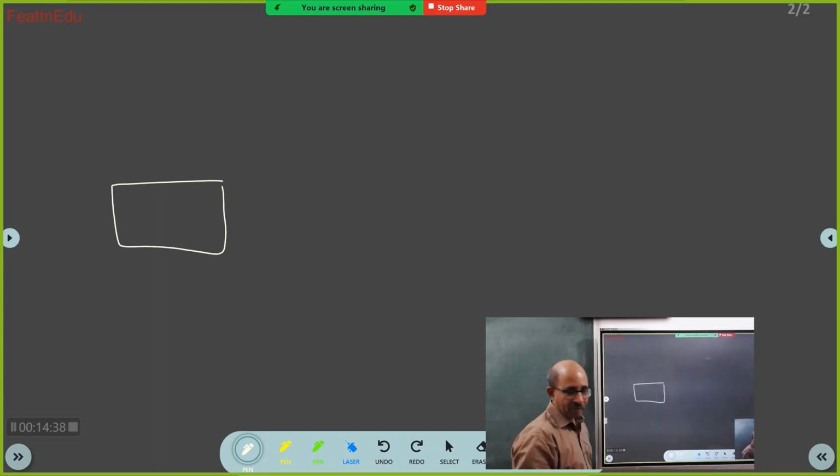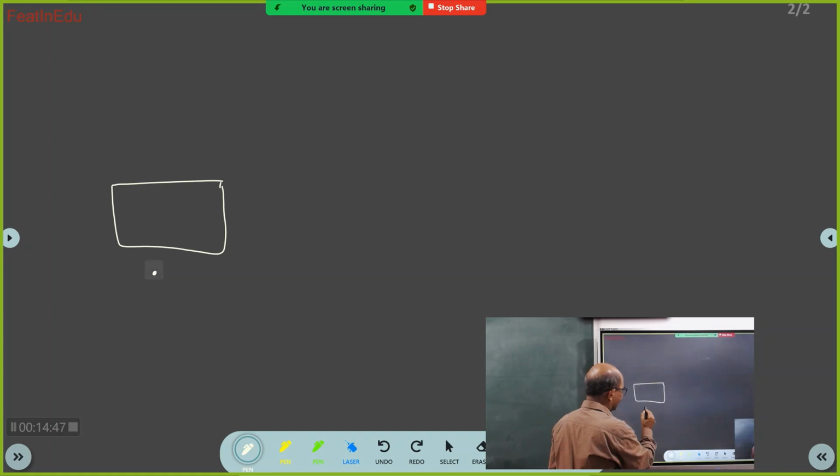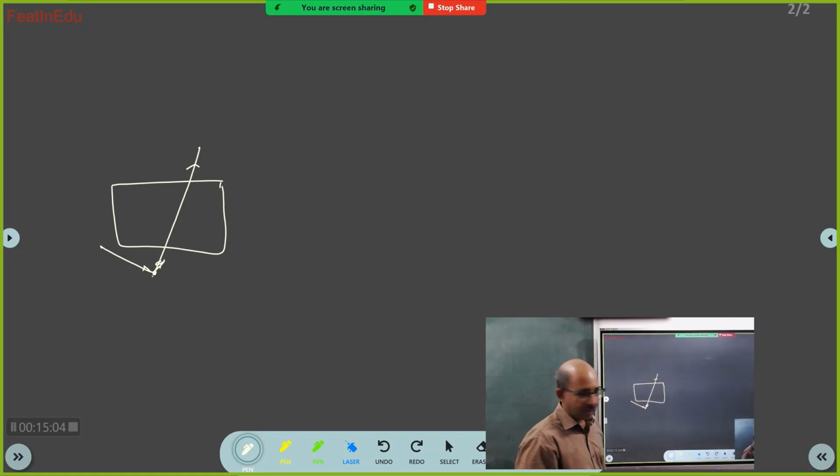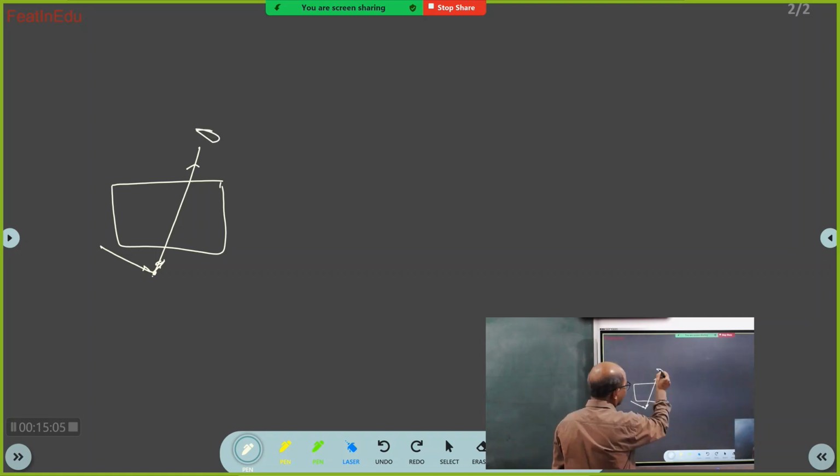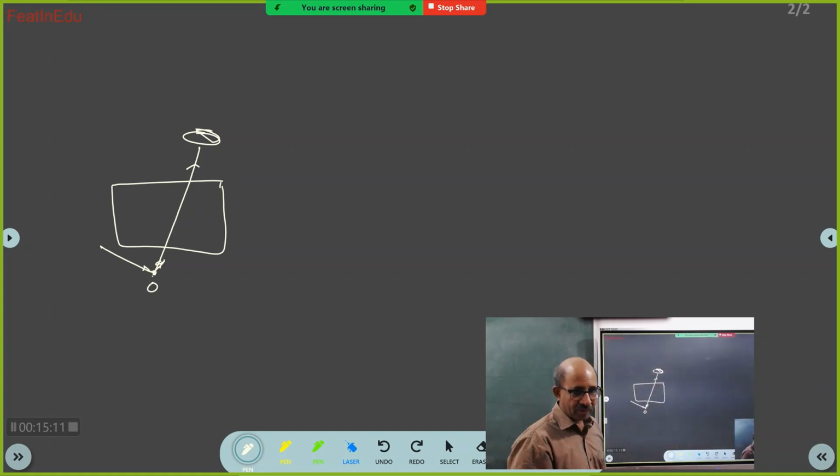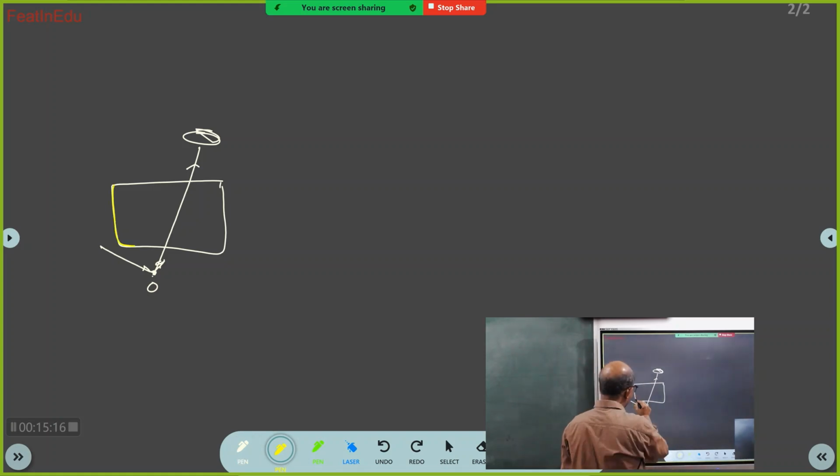So this is the glass slab. I have just drawn a line. ABCD is just a line. So there is an object. Light is falling on this object and then starts getting reflected. Hello. Yes, sir. So assume that light is falling on this object and it is getting reflected. Now if you keep your eyes here, you are able to see this object. Correct? Yes, sir. Now you see, if you now keep a glass slab here,